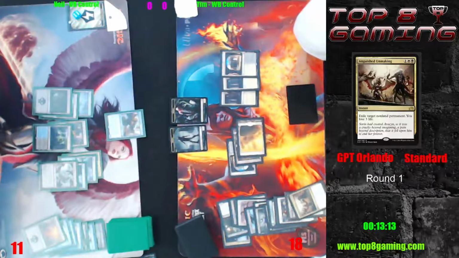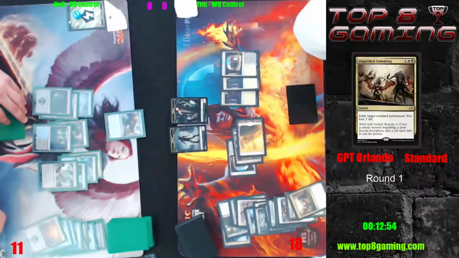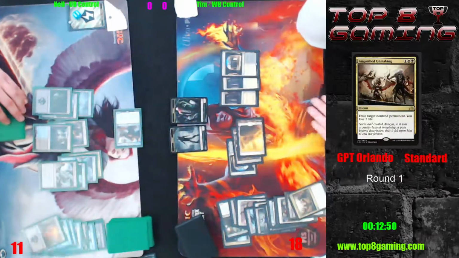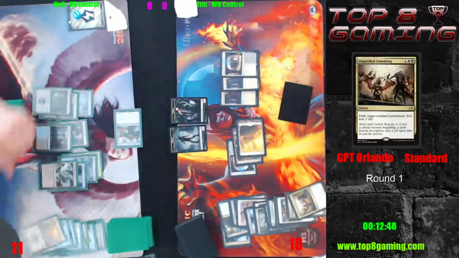We may end up having a game 1 draw. Unless Tim is able to... I mean, even if Tim finds like an Avacyn here, it's not going to do that much. I imagine that if he hasn't already, Neil will likely eventually find another Gear Hulk to get back a Grasp of Darkness, or even just have another Grasp or something like that, but...